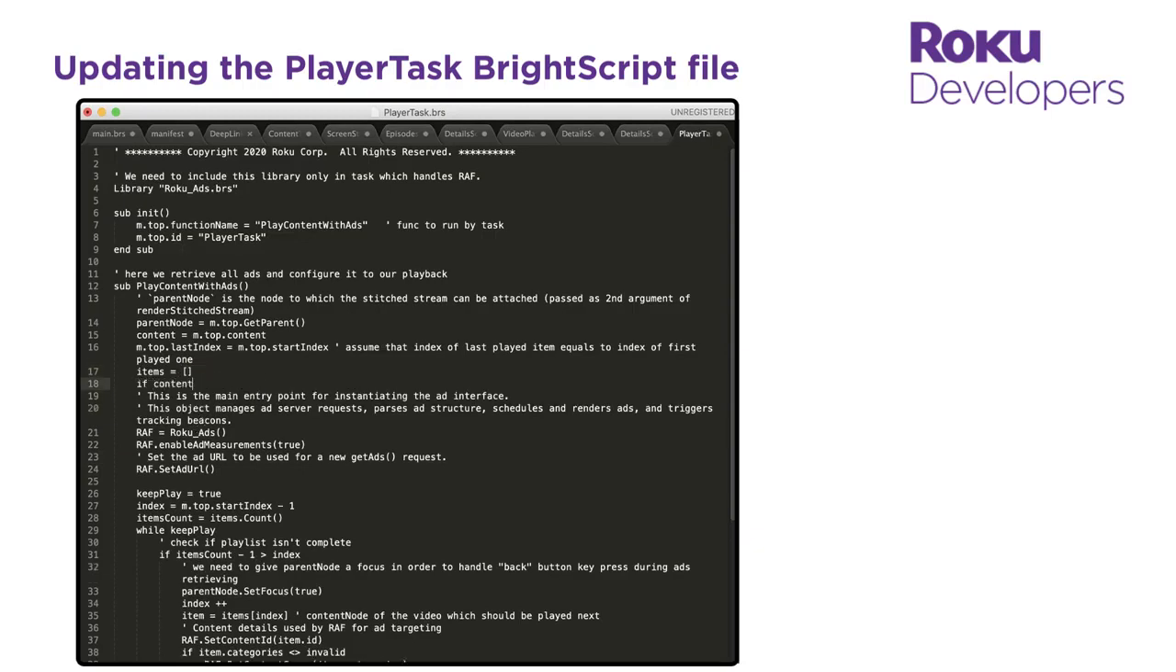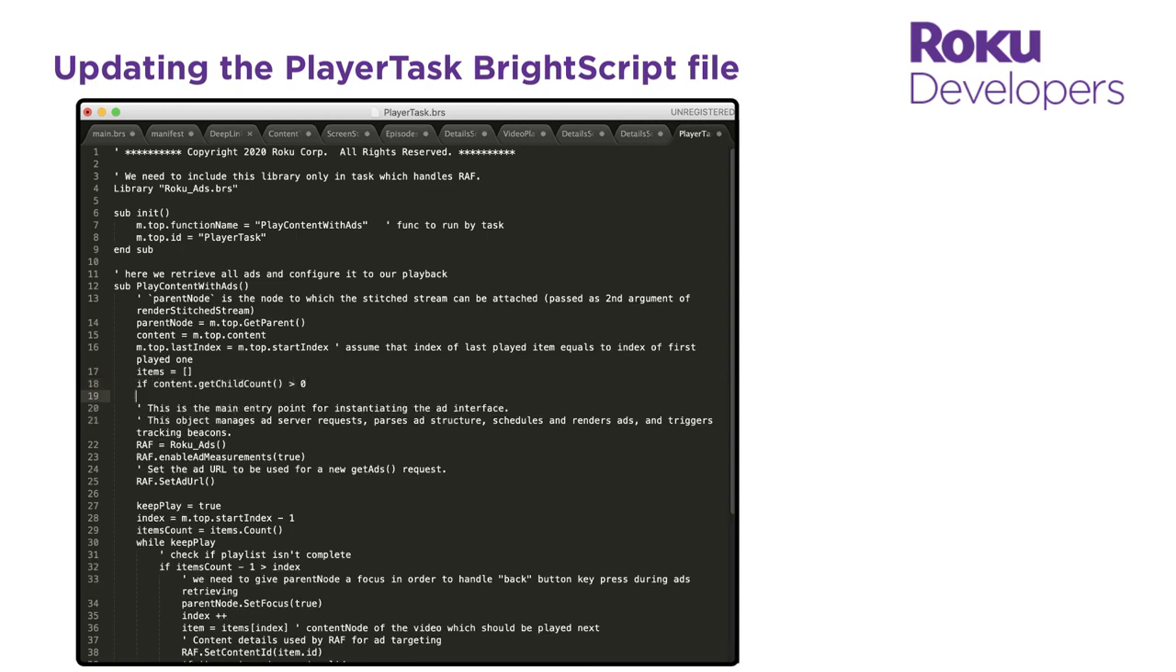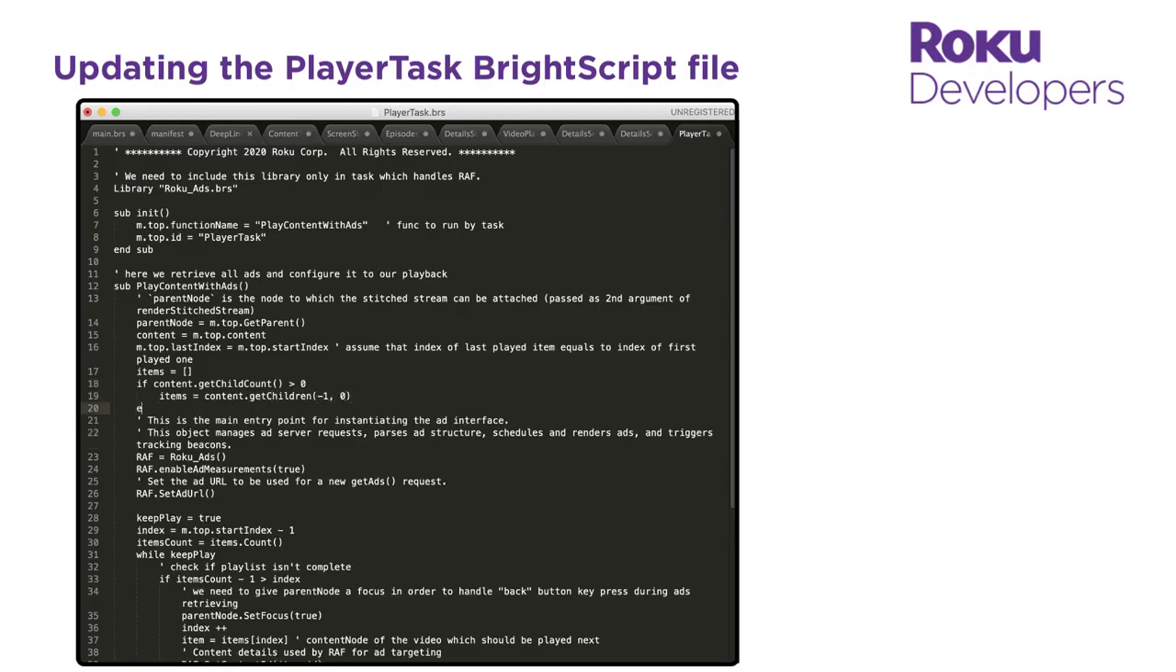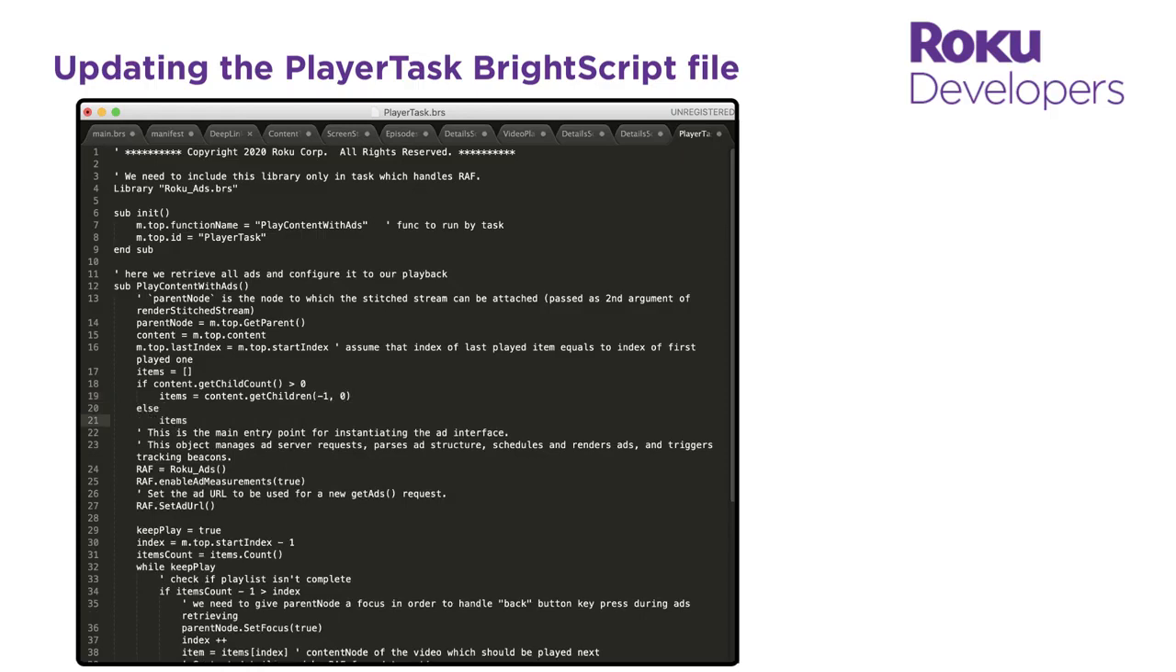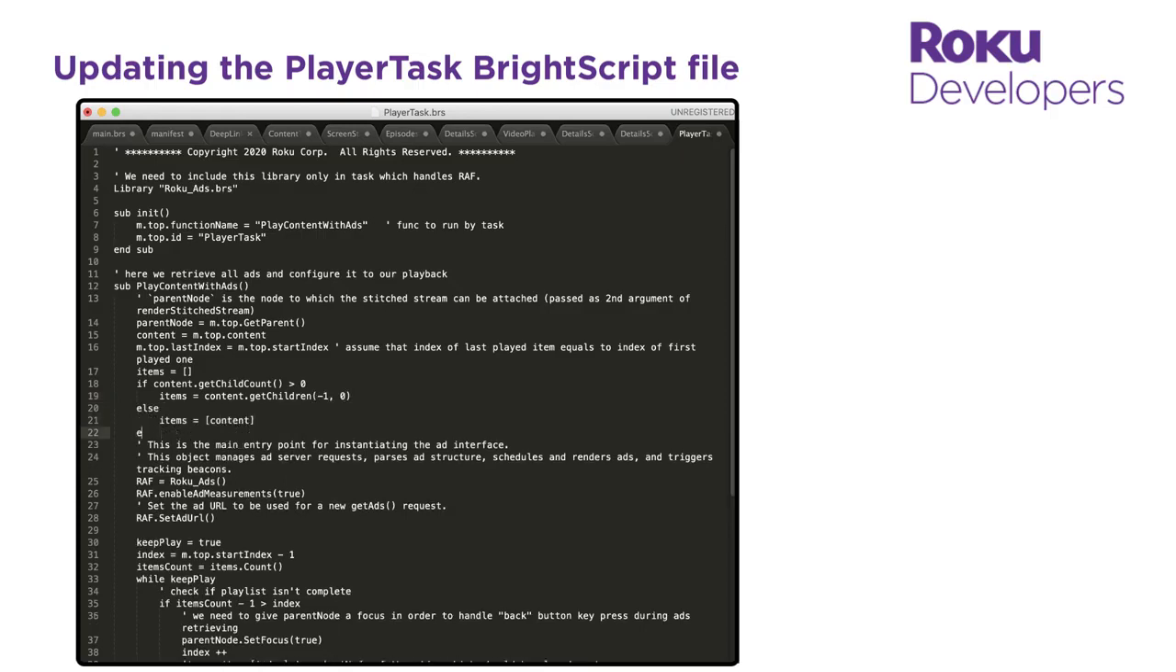And now before we get all the child content nodes for the video stored in the content variable's playlist, let's make sure it has content by calling its getChildCount method and making sure the count is greater than 0. And if the content playlist is empty, we'll set the items array to the current content item. Now let's scroll down to where we set the ad server URL and call the master channel bookmarks method to get the bookmark for the content to be played and store it in a bookmarks variable, and then call the